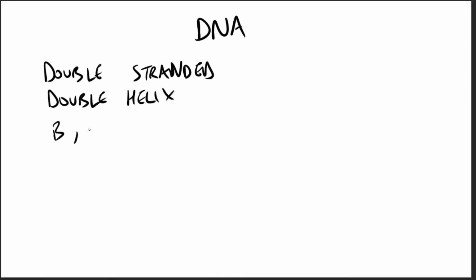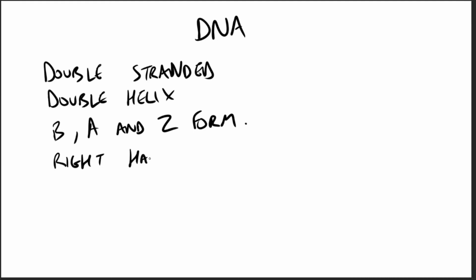There are 3 major structural forms of DNA. There is the B form, the beta, the A form, alpha, and the Z form. The most common one is the beta form, which is a right-handed helix with 10 residues per turn of the